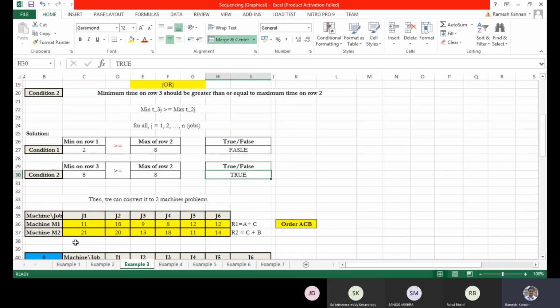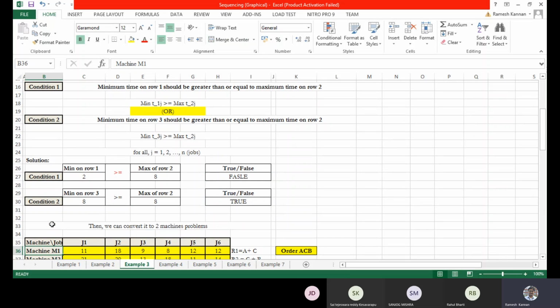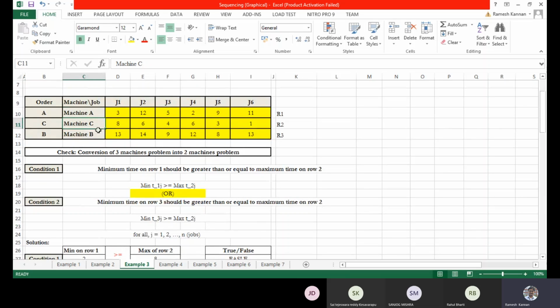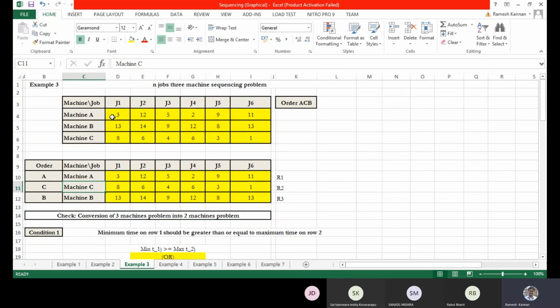Now we will make the equivalent machine. The equivalent machines are machine 1 plus machine 2, in this case machine A and machine C. Generally what people make a mistake on is they don't make this table. Since we know this order, we should convert it into that order, then look into the condition.